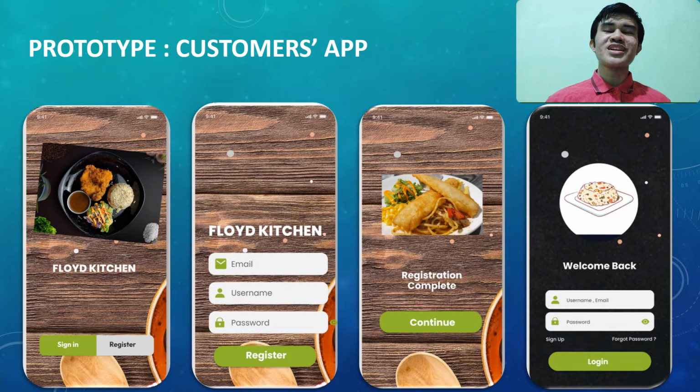Now, I'm going to proceed with the prototype demo. For the first one, I'm going to present the customer's app prototype. The first picture on the left is the first interface, which is the registration part. For users that haven't used the app, they will be shown this interface, which requires them to either sign in or register to the app. For those that need to register, they need to key in their email, username, and password. And after that, they need to click on the register